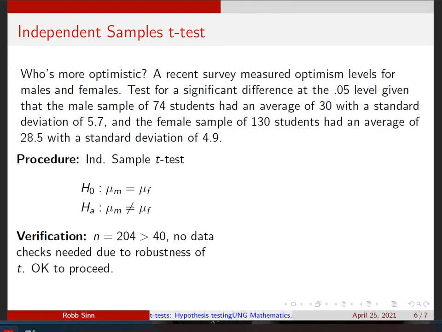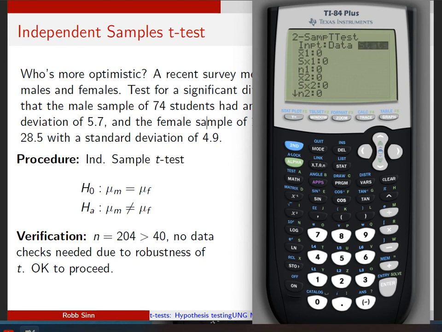Let's see. So the male's 74. Let's see, 35.7 and 74. So 35.7 and 74, and then 28.5, 14.9, and 130. Okay, so there's a lot more room, so this test actually takes up more than one screen,